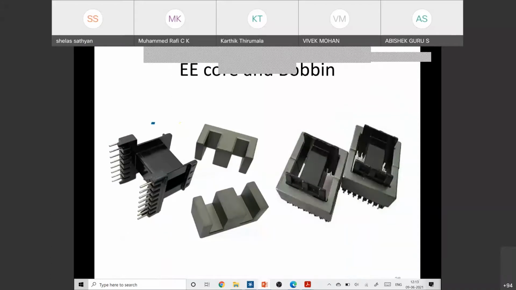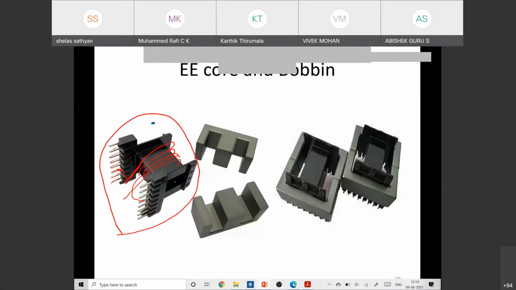So now let us see the double E core. Two E cores will form one complete magnetic path. So now you can see this is known as the core bobbin or core former. On top of this we will wind our conductor. Our 21 turns will be wound on this, and this wire will be taken out. The bobbin manufacturers provide a large number of leads, given on both sides. So this wire can be easily soldered to one of the leads, and this wire also can be soldered to one of the leads, and then we can insert it into the PCB.